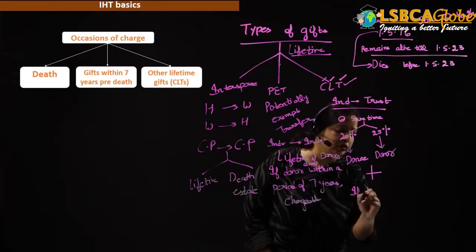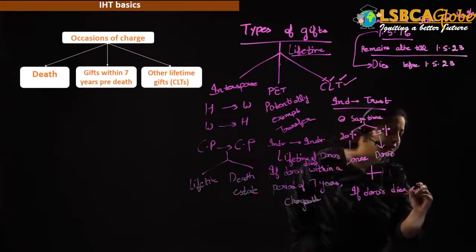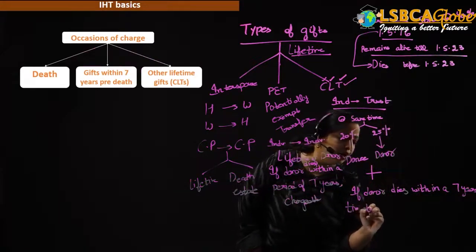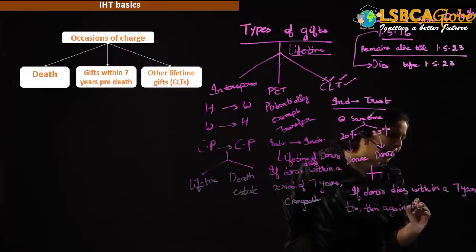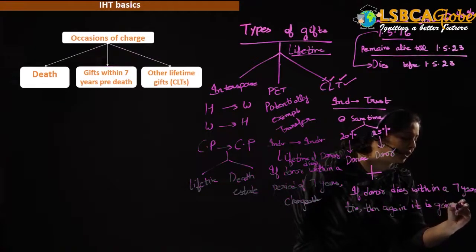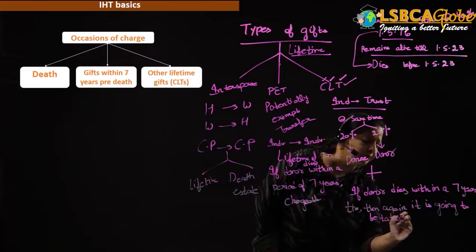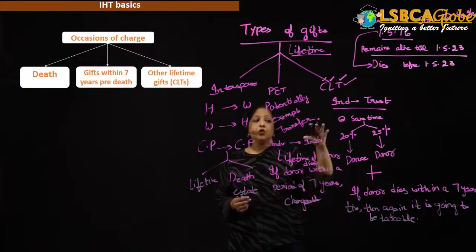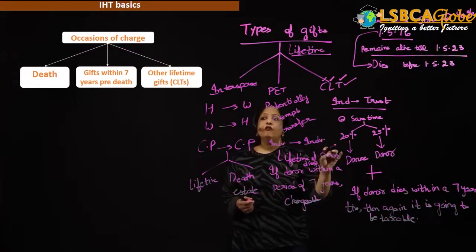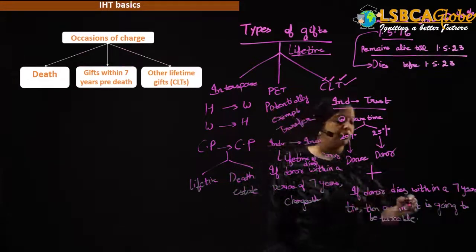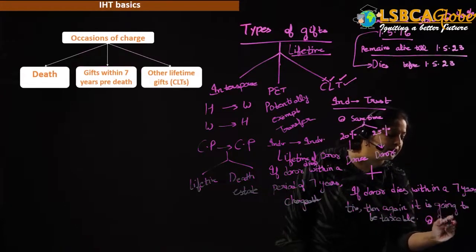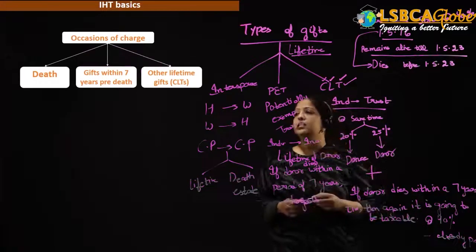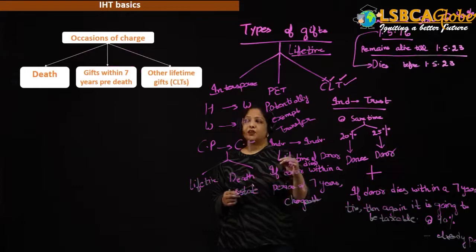Plus if the donor dies within a 7-year time, then again it is going to be taxable. Now you will ask, ma'am, how is it possible? We made it taxable at the date of gift. How are we going to make it taxable again? So I am going to tell you that at this moment we paid 20 or 25, but if the donor dies within a period of 7 years from the date of gift, then it is going to be taxable at the rate of 40% minus already paid. So 40% is going to be levied, and whatever is already paid is going to be deducted. It means IHT is payable during lifetime